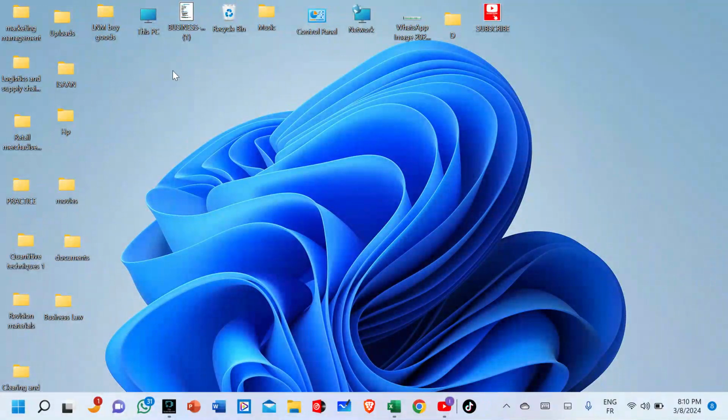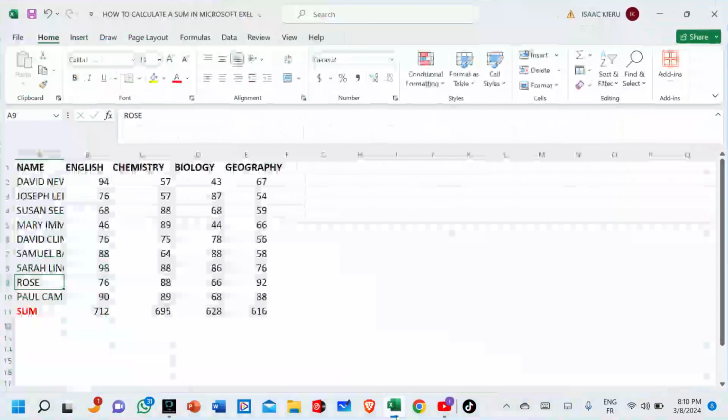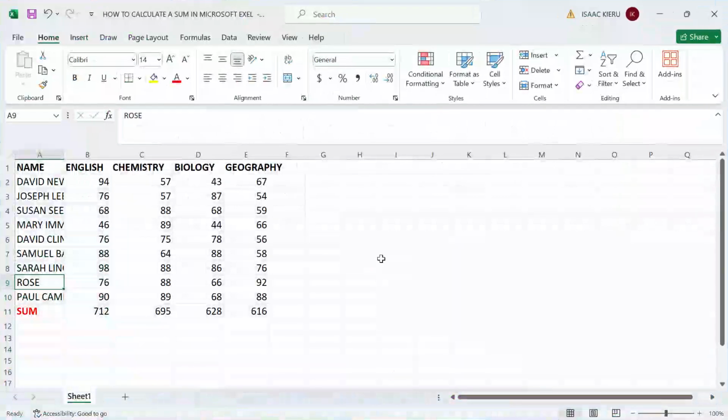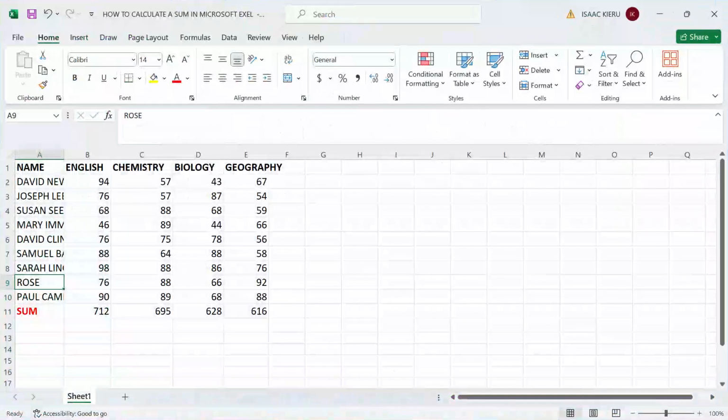So in this tutorial, we're going to discuss how to increase the column width in Microsoft Excel. So you're going to do it practically. What I'm going to do is, you can follow my pointer. The first thing that I'm going to do is open Microsoft Excel, and then I'm going to use this information here as an example or as a reference. Basically, we adjust or increase the column width so as to ensure the content